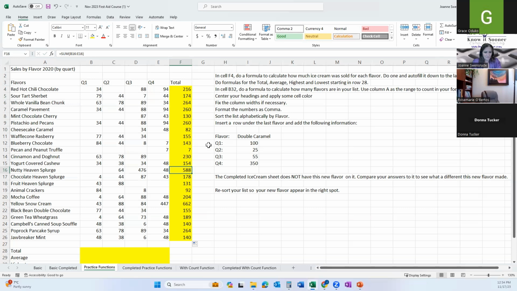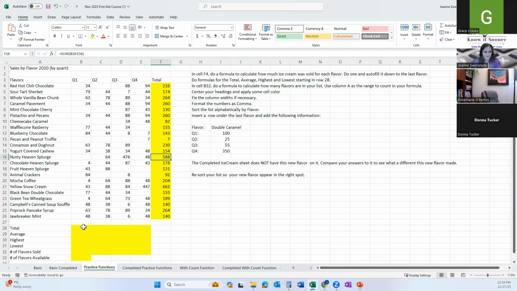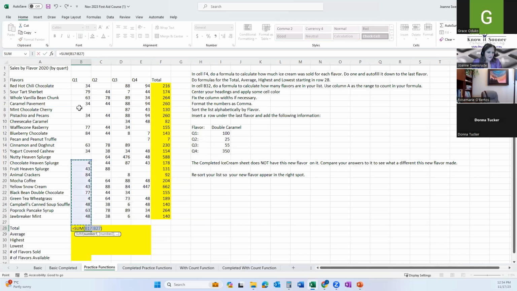Any questions about auto sum? What did we do? I'll do it again here. It is magic. Yay! Click where I want my answer to go. I'm going to go to auto sum. And this time I'm going to add up all my quarter ones. It's not guessing again. There are ways you can go in and pull that thing up. I don't think it's worth it. Sometimes it is, but it's really picky. For me, it's just as easy to go here and drag.